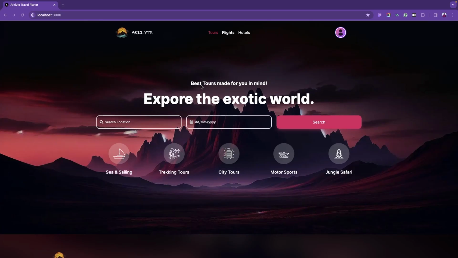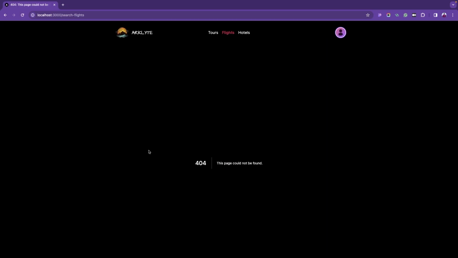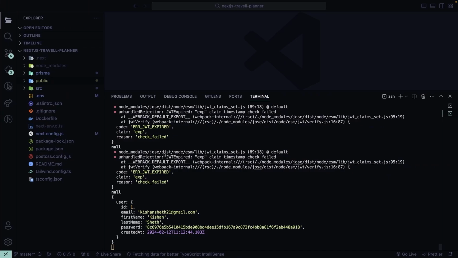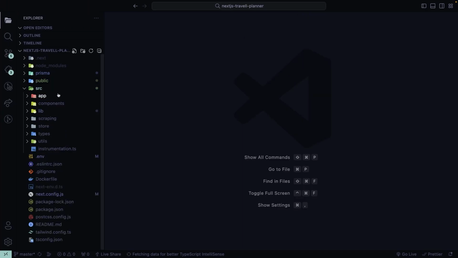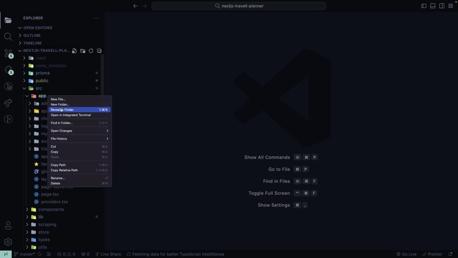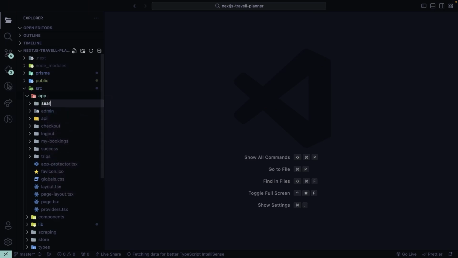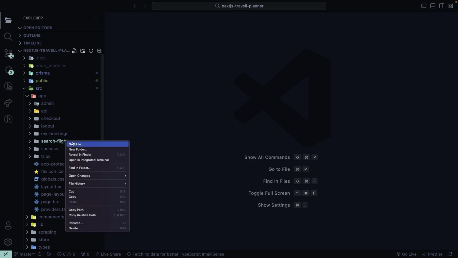Okay, so now let's continue with the flight scraping. So first we need to create the UI of flights just like the tools that we have created. So first let's create the page. Let's head over to VS Code, and inside the src directory, inside the app directory, I'm going to create a new folder named search-flights, and inside of that I'm going to create a